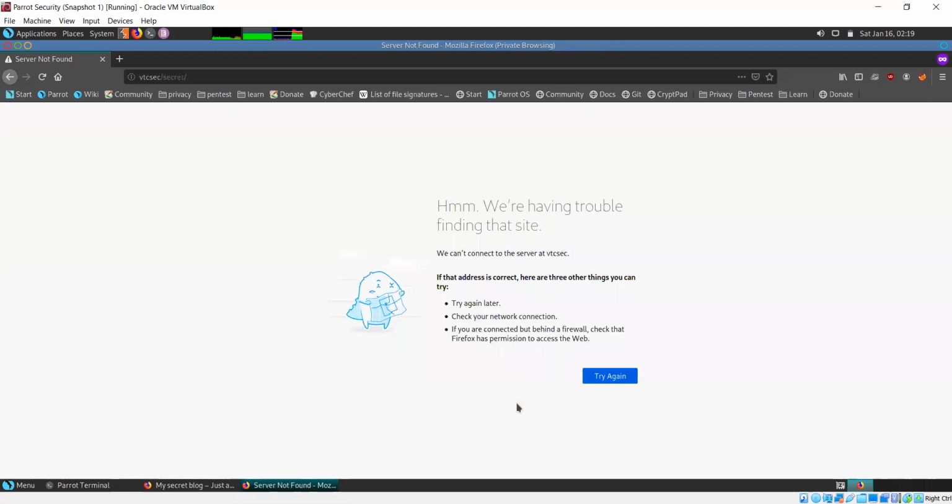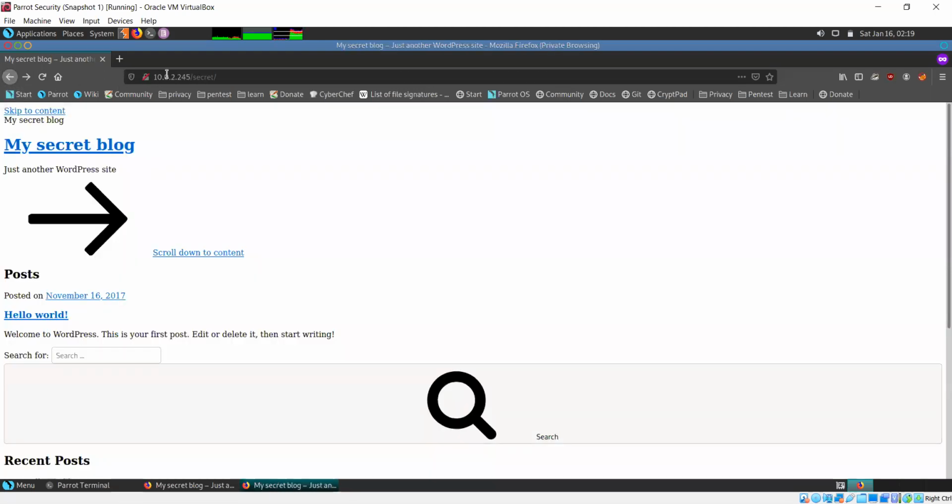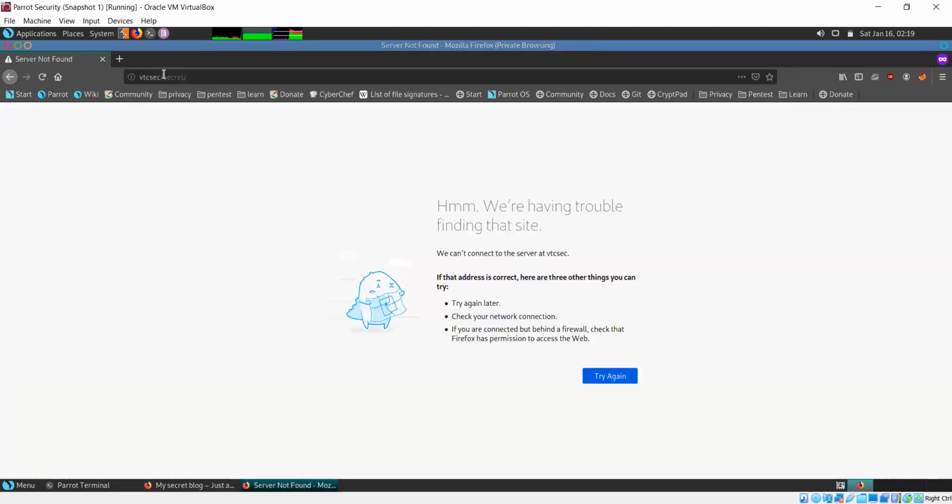How about now? Sir, it's trying to connect to VTC sec, something slash secret. It's trying to connect to VTC sec, right? Yes, sir. And what we have here is this 10.0.2.245 IP address, and it's trying to connect to VTC sec. So the thing is, VTC sec